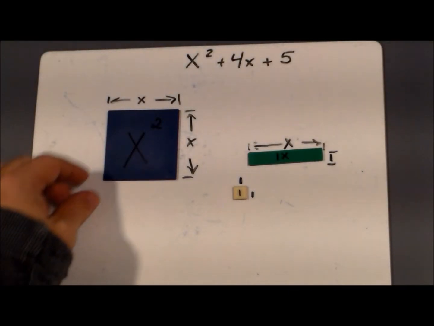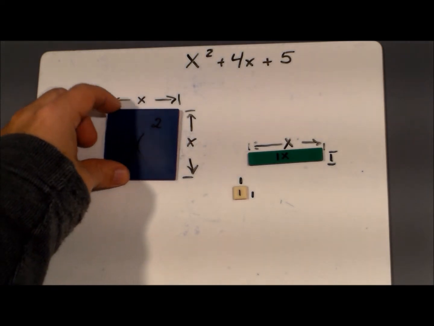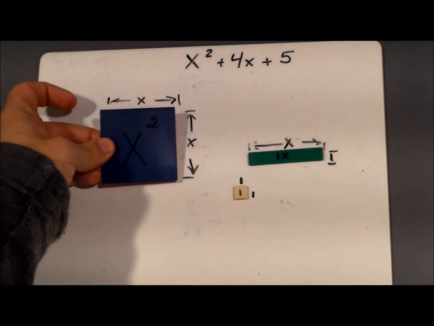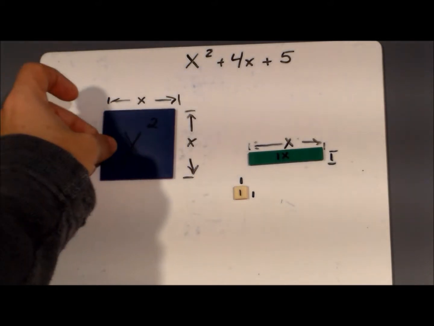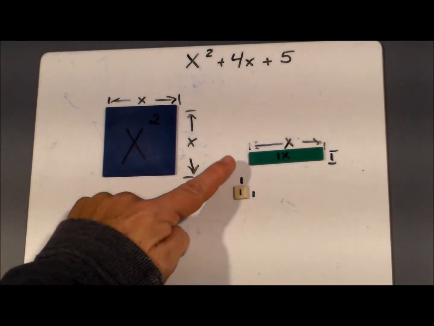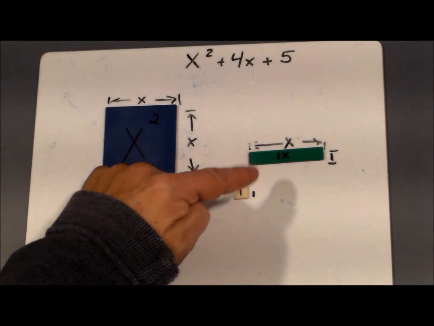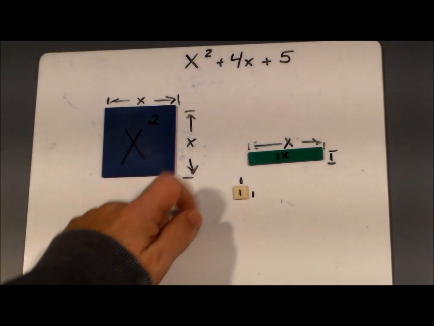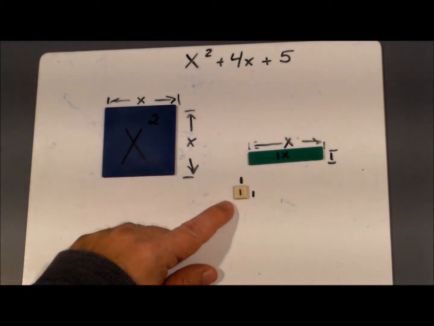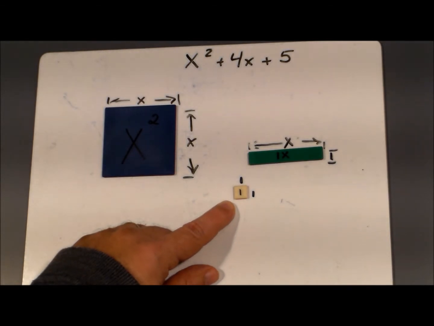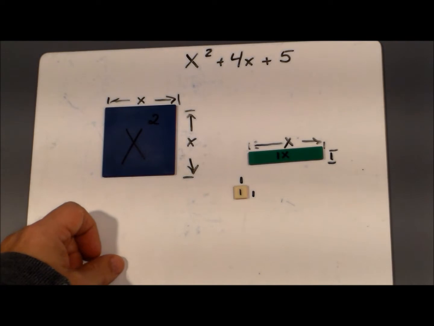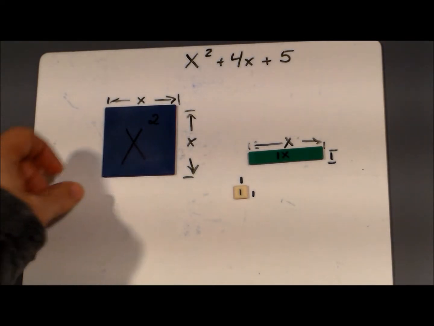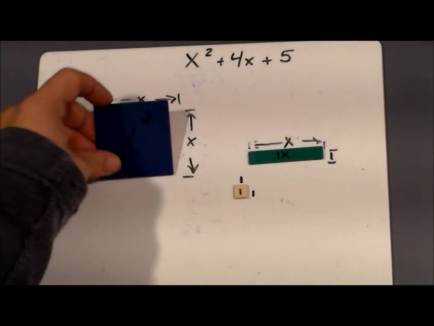Before we start, you got to know what each tile represents. The big guy is x by x for an area of x squared. The rectangles are measured by x across and 1 down. That's an area of x. And the little guys are 1 by 1s, so each area is 1. And if you find that you're doing a problem where you need something negative, well, the other side of these